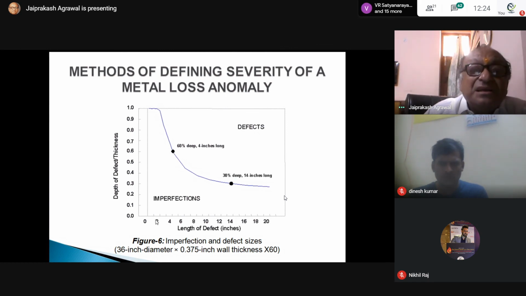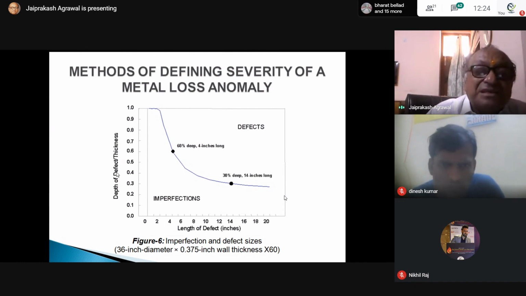And you see, if this is 1.0, this is the depth of defect divided by the original thickness. So this is the original thickness, and this is the depth as a percentage of thickness. So if it is 60% but the length is 6, and below 6, at 6 it will come here. So this is not above that.